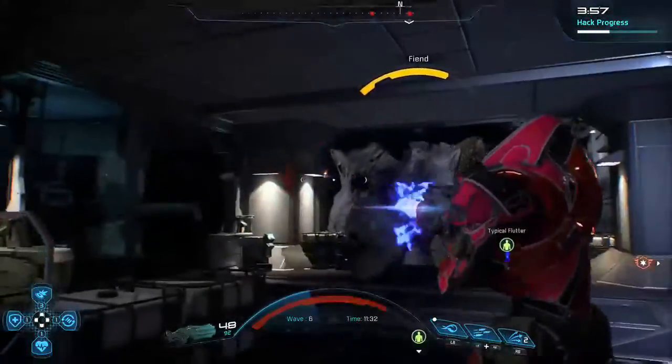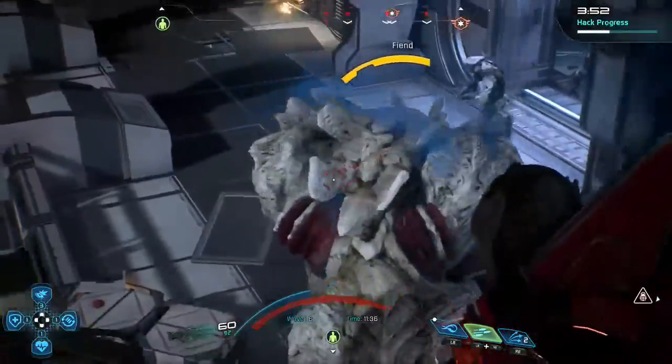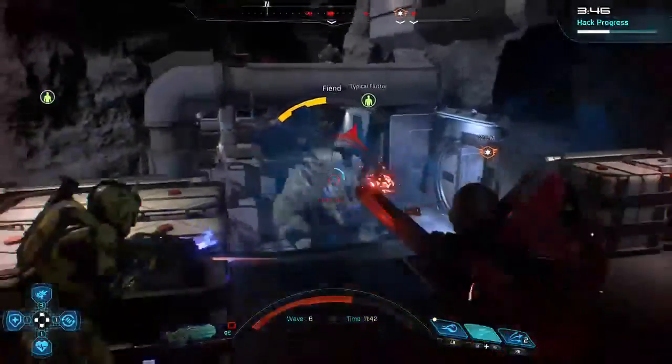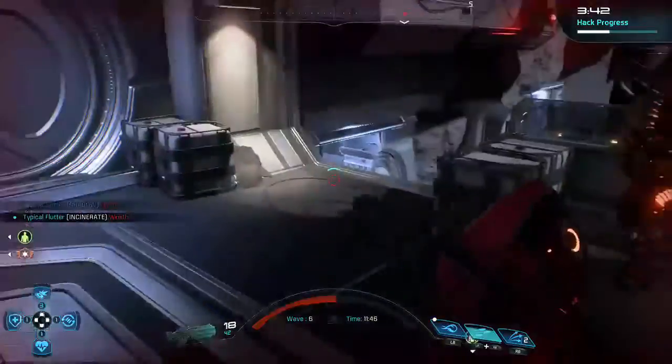Now, I'm going to try and not get one-hitted by this thing. But look, it's okay against armor. It's not going to do no damage, but it's not going to do as much damage as some of the other weapons. Look, it's taking his health down. It's taking his armor down quite a lot, but it's not doing as much as, say, a sniper or a shotgun would. Like I said, so using this weapon...